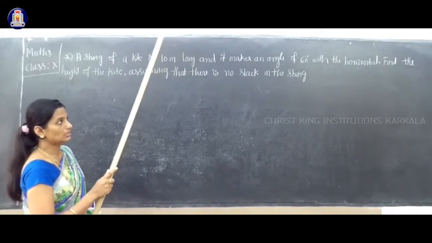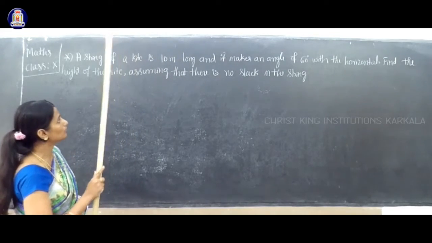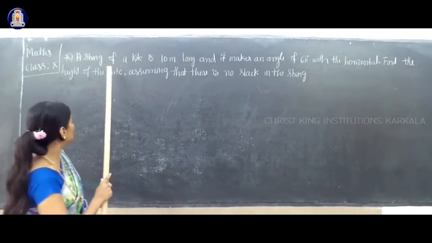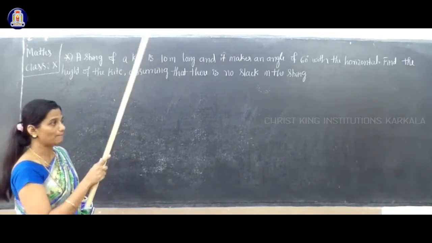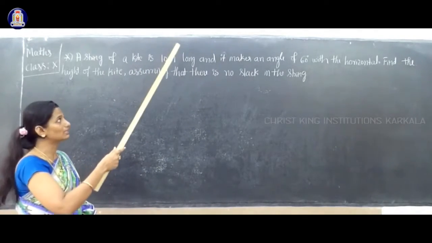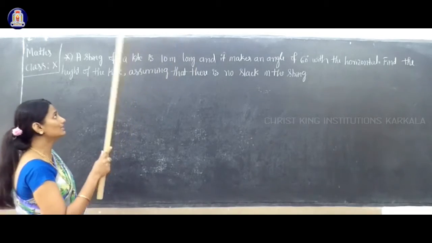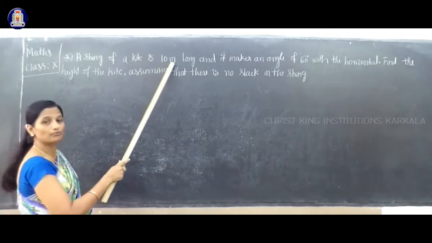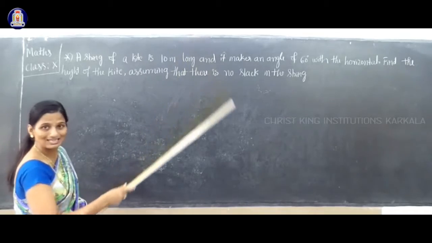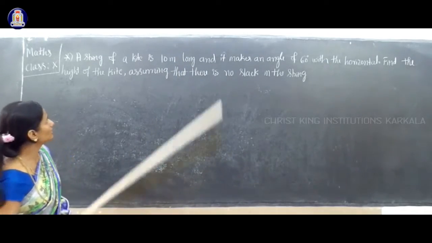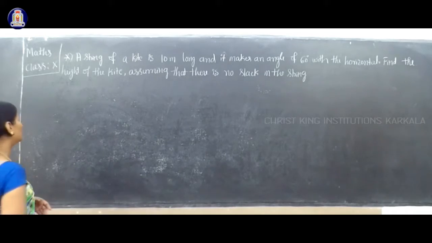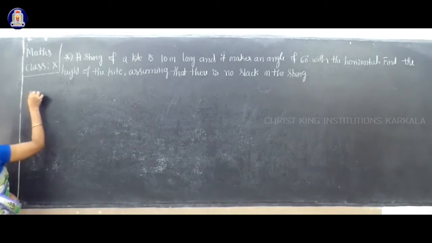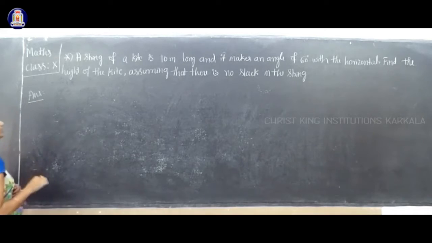In the question that we discussed, what to find was the length of the string. Correct? No? Length of the string. Compare this question with your previous kite question. There it is to find the length of the string. The height of the kite is given, right? So now here it is given that the length of the string of that kite is 10 meter. Yes, how to draw this one? So answer. First I will draw a figure.